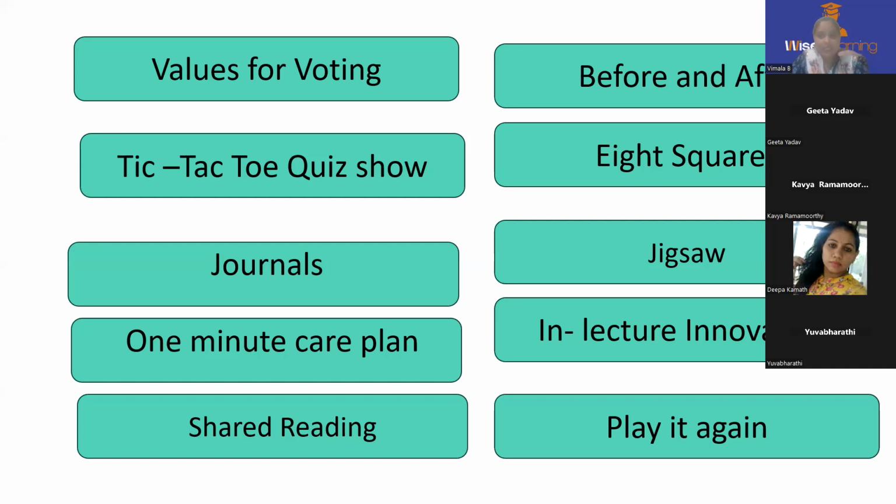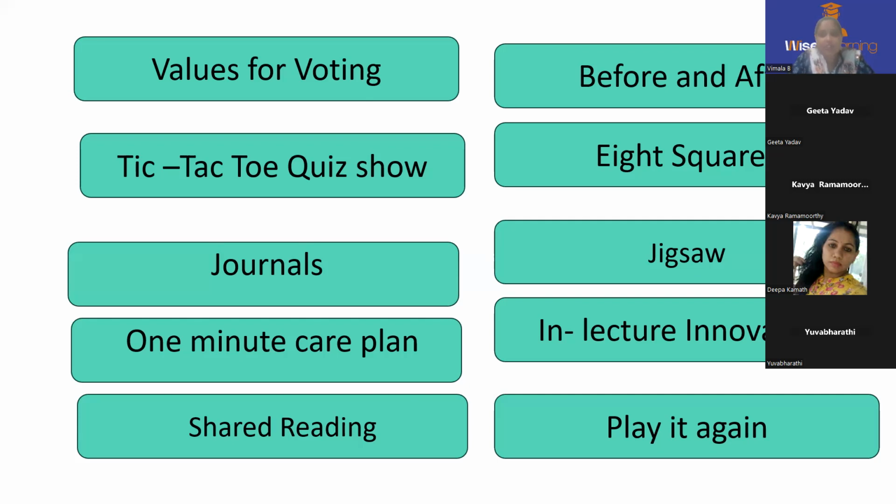and come up with a presentation. Next is the 1 minute care plan. It is also called a 1 minute challenge. It is for initiation, that is, the beginning of the session or the end of the session. To open the chapter, I will pose a question, something like why the war is very important, or for a history chapter, what are the different types of kings which you have learned in your previous classroom.